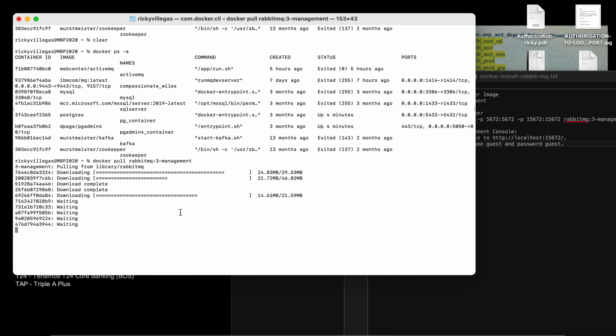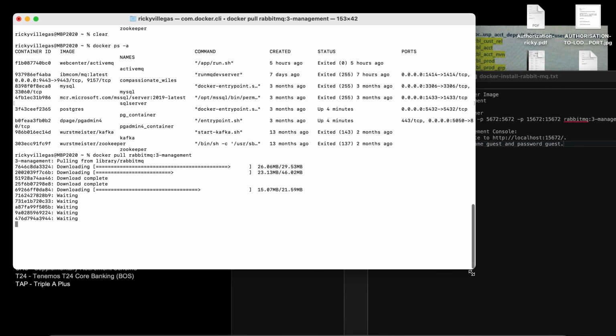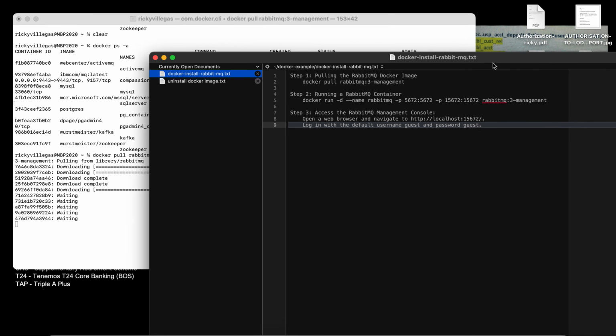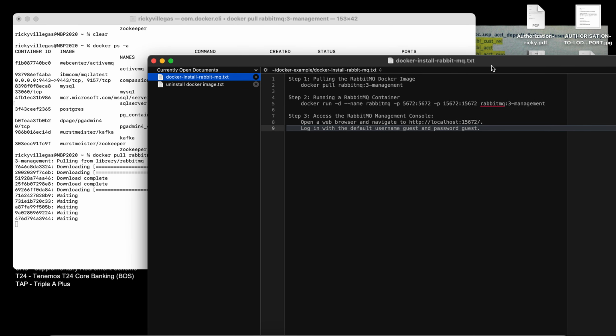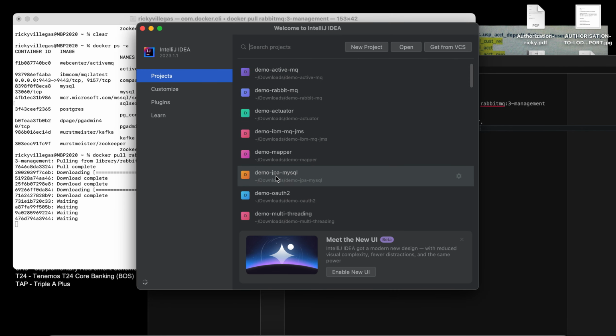I think it's taking so long. I don't want to waste your time, guys. While downloading the image, let's do other things. Maybe I should show you how to send a message in RabbitMQ. Okay, let's do it now.